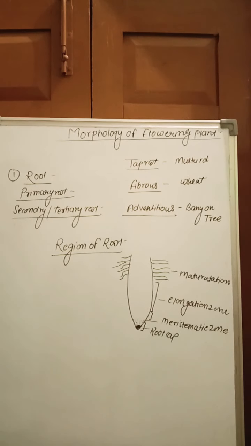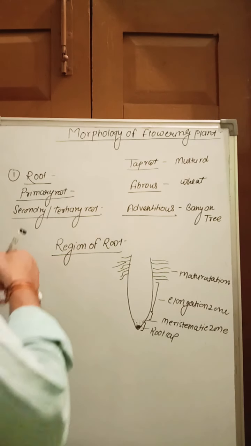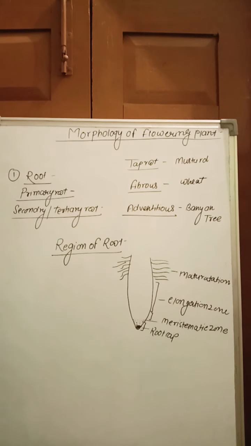Let's discuss the next topic, morphology of flowering plants. In the morphology of flowering plants, we discuss the external structure of the root, stem, leaf, and flower. What is the root, their modification, their zones, and their function; the stem and its modification; the flower, its male and female parts and their aestivation; and the leaf and its venation. So these are the different things we are discussing in morphology.